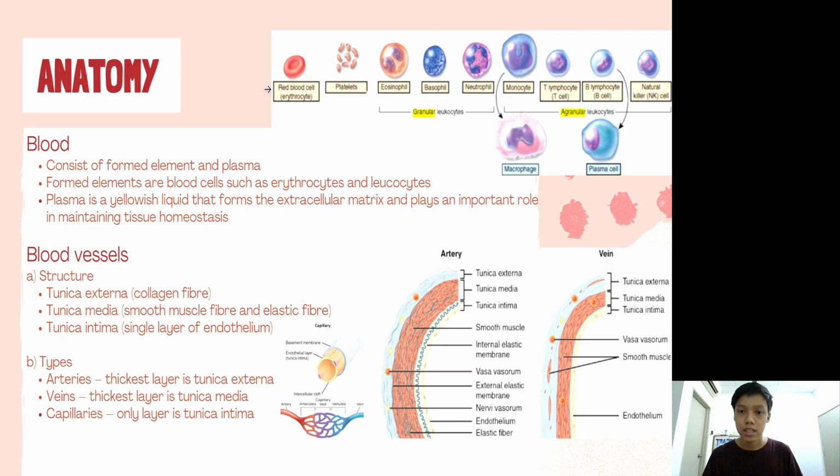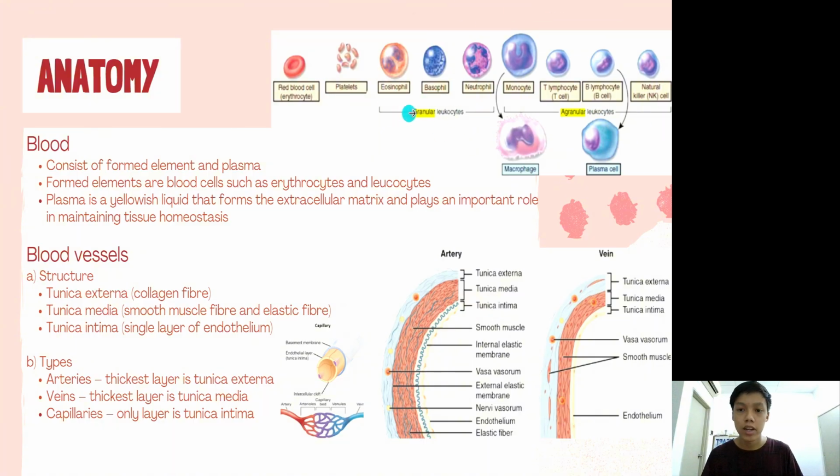Then next we can see the platelets. The platelets are cell fragments that break off from a megakaryocyte. A megakaryocyte is a large cell and it will break off to form fragments called platelets, and they are important in blood clotting. And then next, these are our leukocytes, and we can categorize leukocytes into granular and